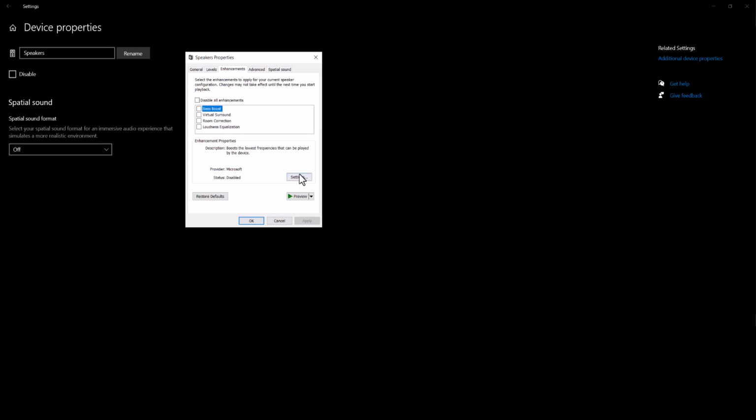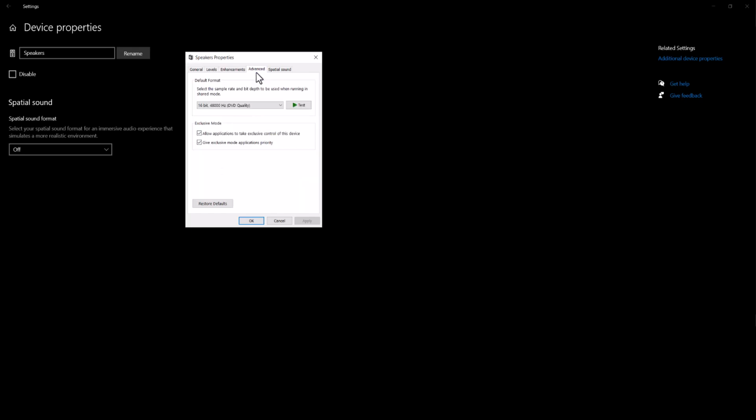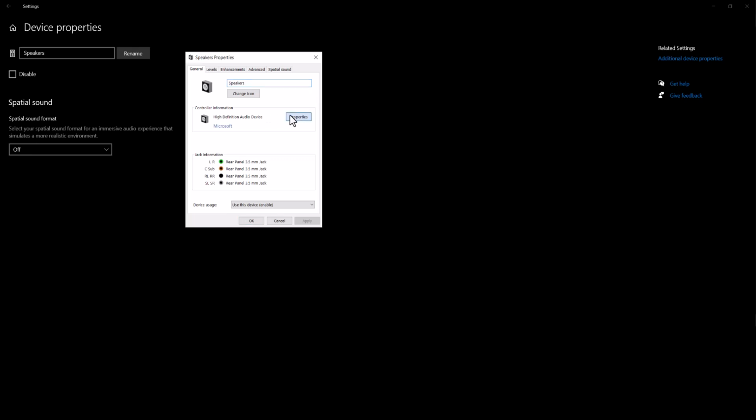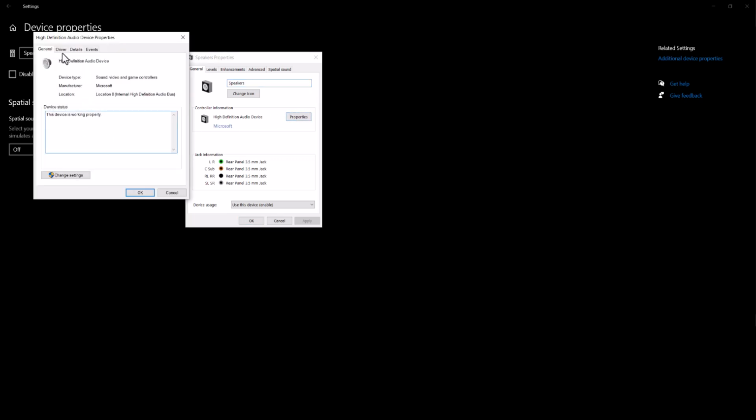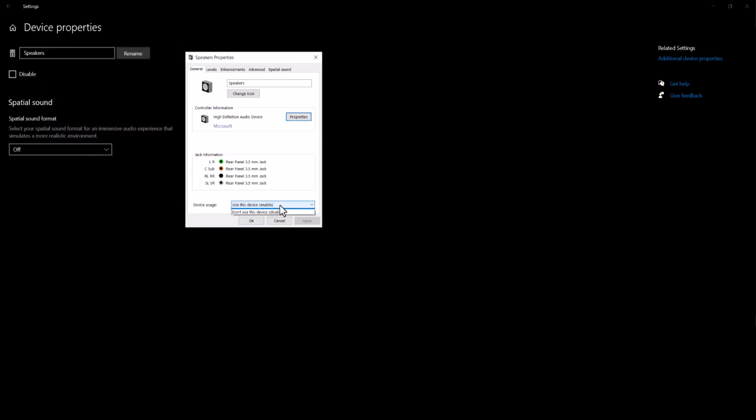You want to make sure you can go over here and change any enhancements that may be causing an issue. You can go to advanced, and you can change the bits over here, see which one works better for you. You can look at the spatial audio as well, make sure this is either off or on Windows Sonic for Headphones. And then in general, there's also properties, and you can also just look at other components over here just to make sure everything's working properly as intended. So yeah, that's